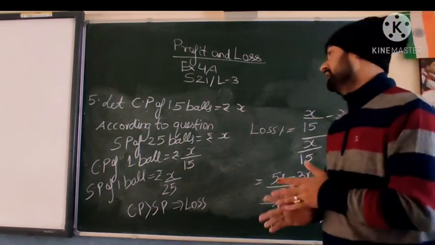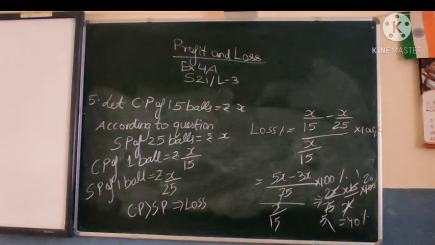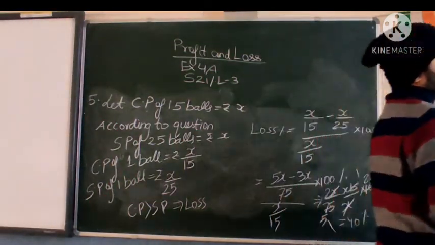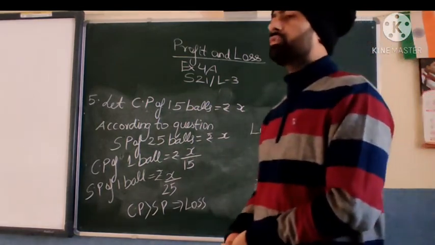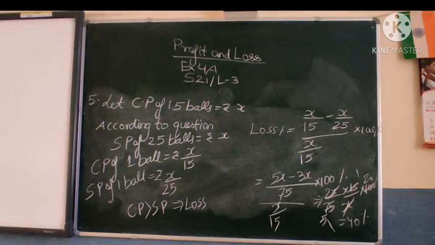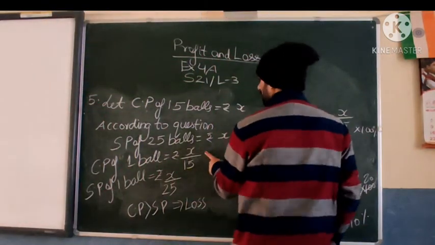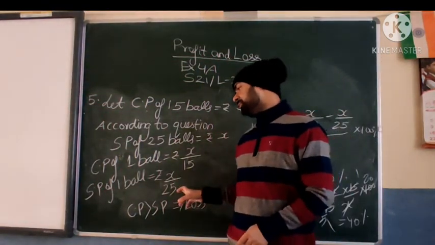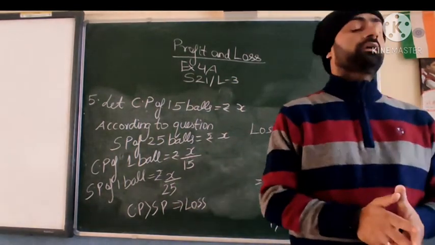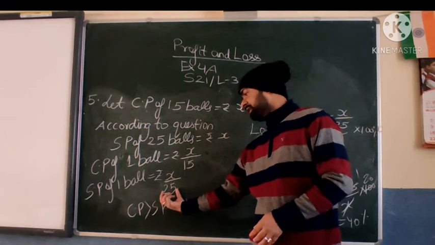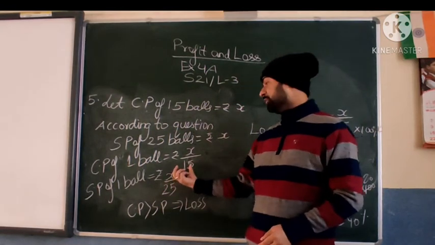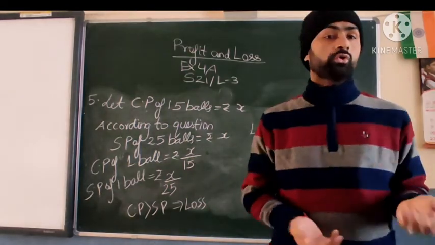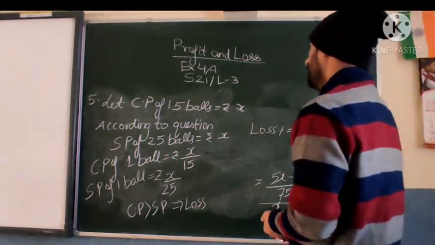Yes, 40%. So it is important to determine here how much is the loss and how much is the profit. See what the question is telling. The question is telling that the CP of 15 balls equals the SP of 25 balls. It means that you have to take the two amounts as equal. So then you calculate the CP of 1 ball, that is x by 15, and the SP of 1 ball will be x by 25. We will compare. Less denominator means bigger fraction. So CP is more, and since CP is more, there is a loss.